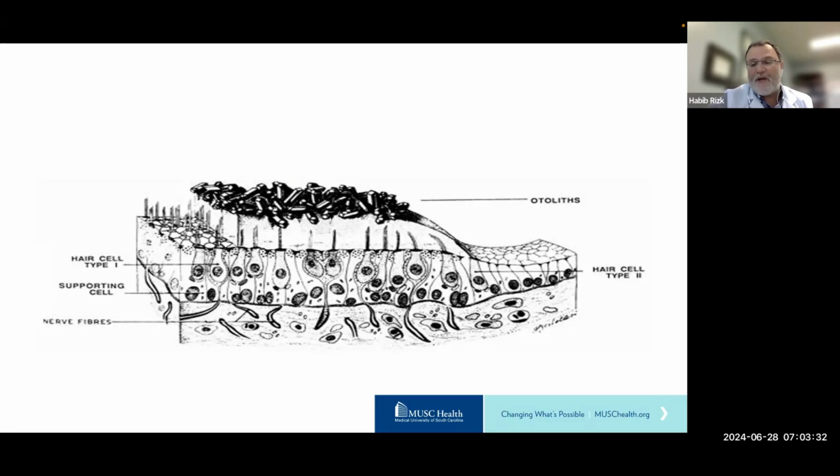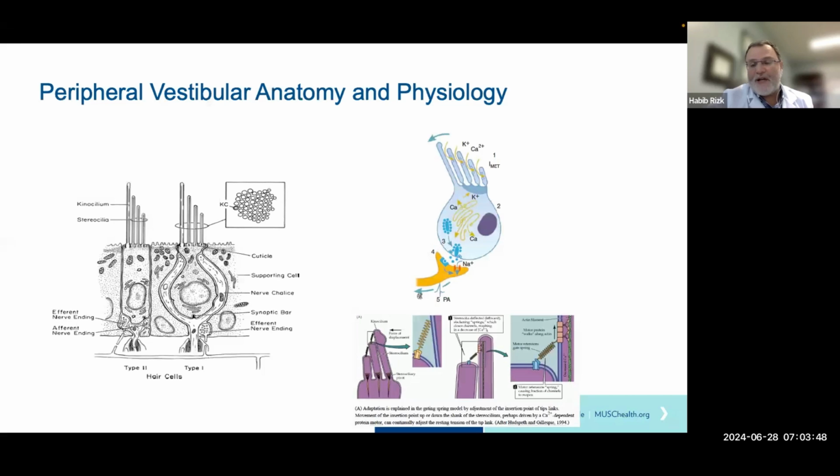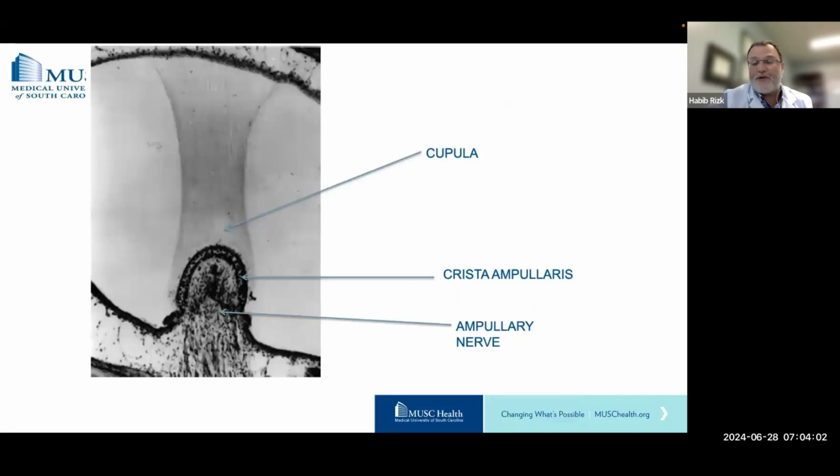microscopically at the anatomy of the otolithic organs, we also know, all of us, I guess, in this group would know that there is this layer of otoliths sitting on an amorphous substance membrane in which the hair cells are embedded. And we also know that the shearing effect of movement can cause a depolarization and a hyperpolarization of the cells, depending on the direction of movement of the stereocilia toward or away from the kinocilium. A similar structure exists in the semicircular canals in the ampulla.